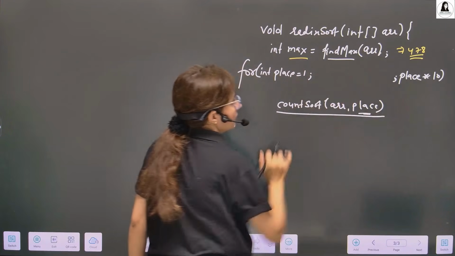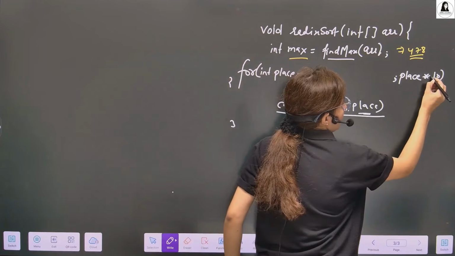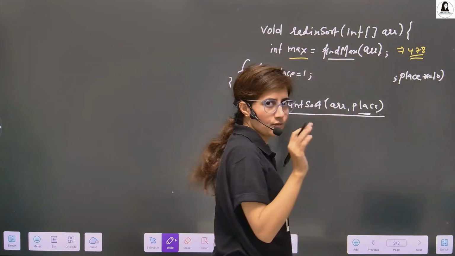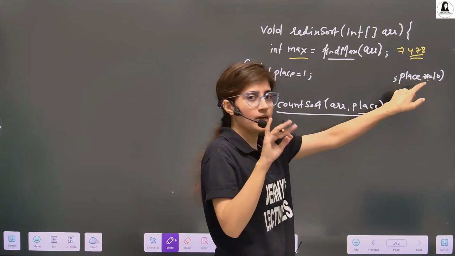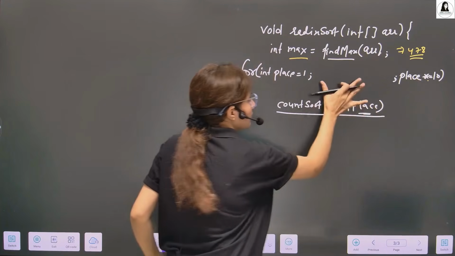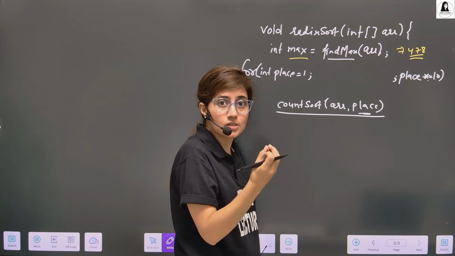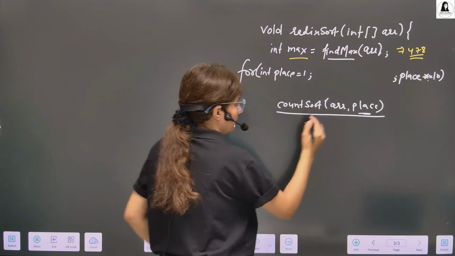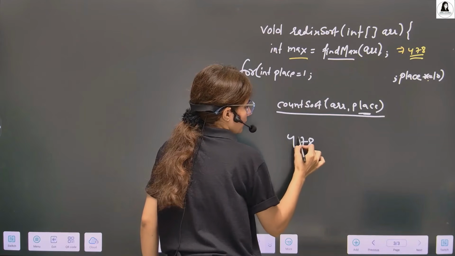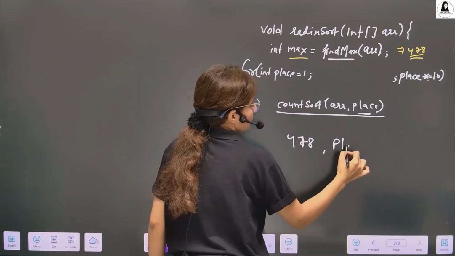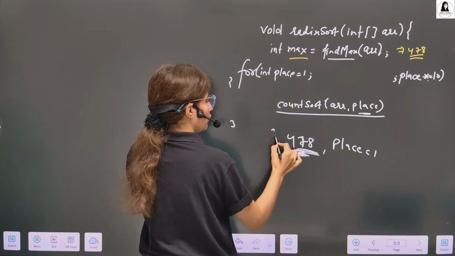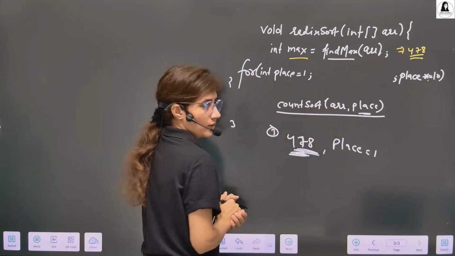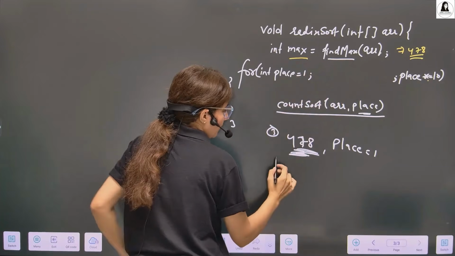Times equals 10 is a shorthand operator. It means place is equal to place times 10. But what is the termination condition? We have to find the number of digits. See, the maximum number is 478. Place value at first is 1. Number of digits is 3, so I want this loop to run 3 times. So whatever the max value